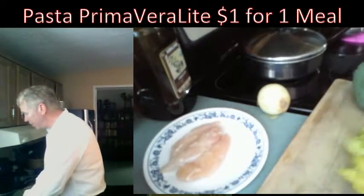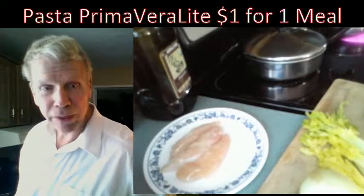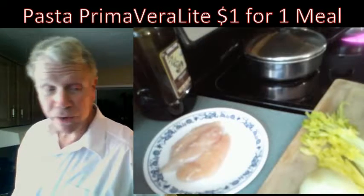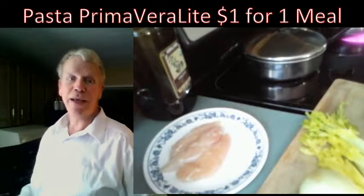Meanwhile, I'm going to prep my vegetables. I got a 10-cent onion here too, so I included that in the 40 cents in vegetables, 40 cents in meat, and about 10 cents in pasta. But you can accommodate 30 cents in meat and get 20 cents in pasta, which gets you more food. So it's your choice. If you want to gain weight,